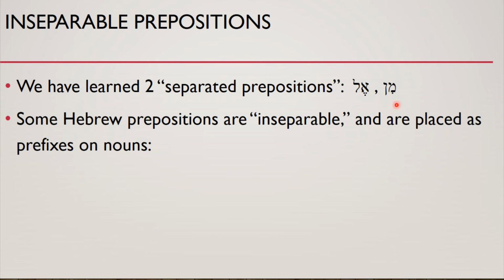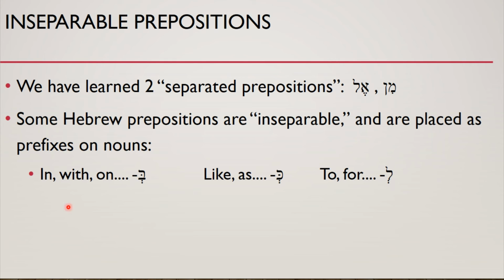But there are some Hebrew prepositions that are called inseparable, and those ones are simply prefixes on nouns. So we have these as an example. We have the word la, which is to or for, which is connected with this word el, which is also to or for. You have ka, which is like or as, and you have ba, which is in, with, or